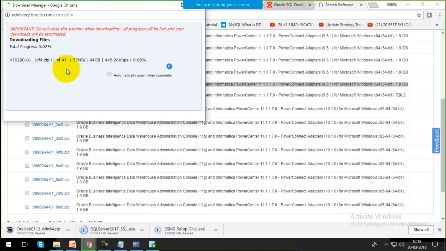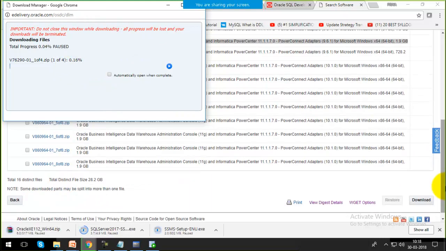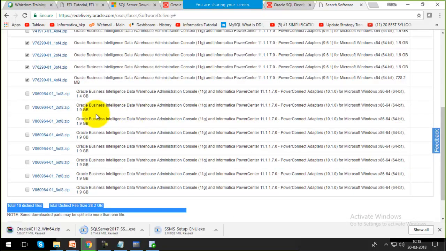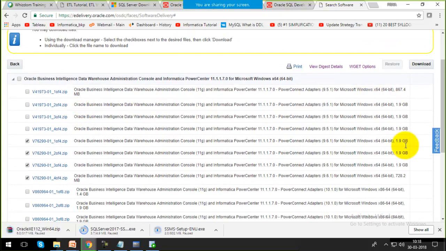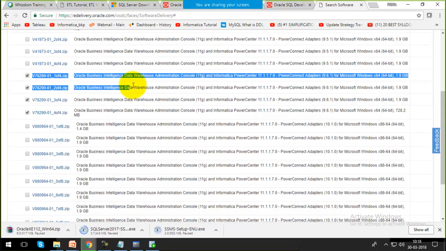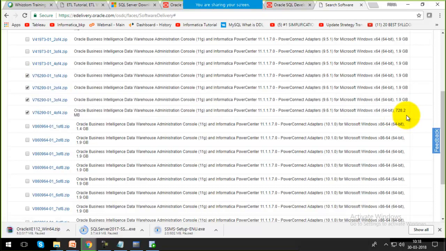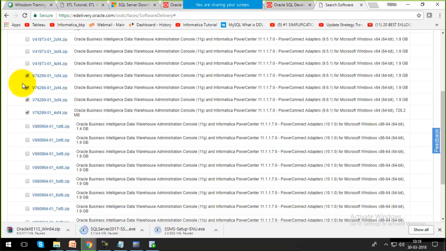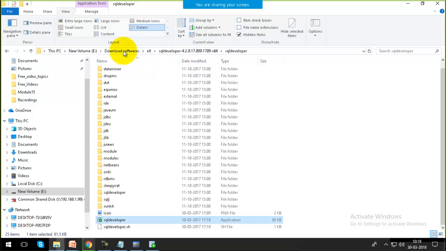So a total of 4 files we need, and it will take a lot of time. Let me check. Total files are 28.4 GBs, and now that I'm using these 4 files, each is around 2 GBs. So it's around 7 to 8 GBs that I'm going to download now. That's why I'm saying it will take a lot of time, and after the download you will get